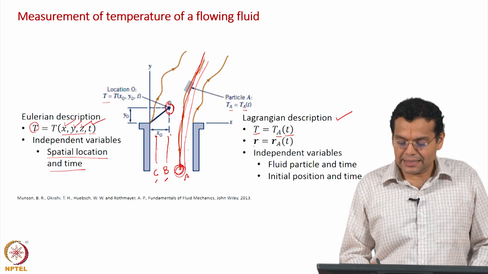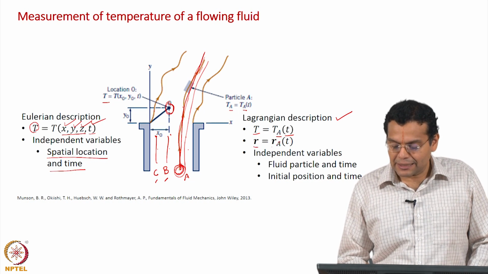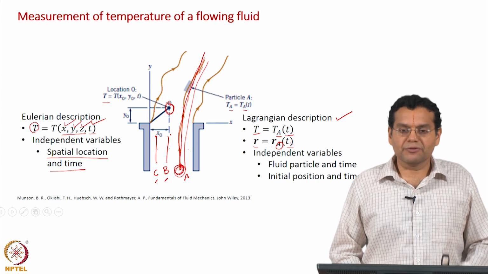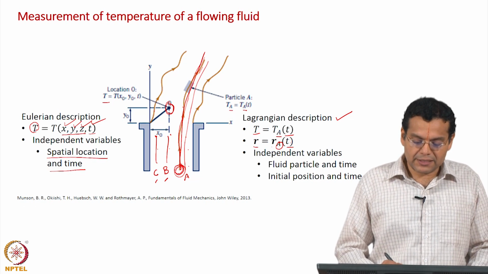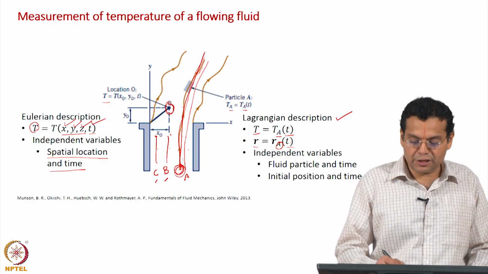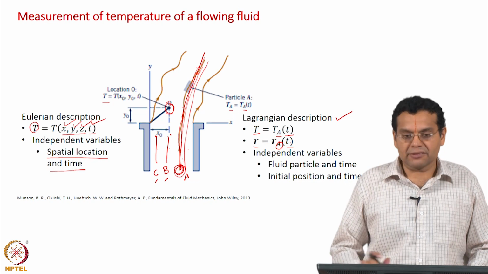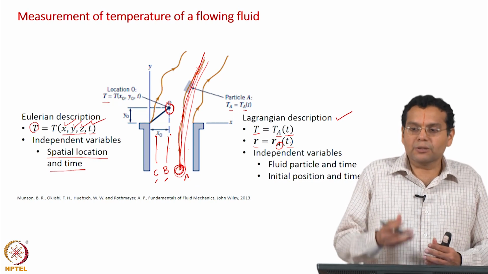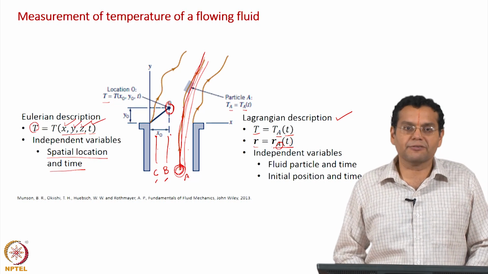So, I call that the r vector, and that r vector is for a particular particle A as a function of time. So, we get two kinds of information. Number one, the variable which I am interested to measure, the temperature as a function of time for that particular particle, that is why we say T A as a function of time. And because we are following the particle, obviously we get the position of the particle as a function of time, which I call R A as a function of time.